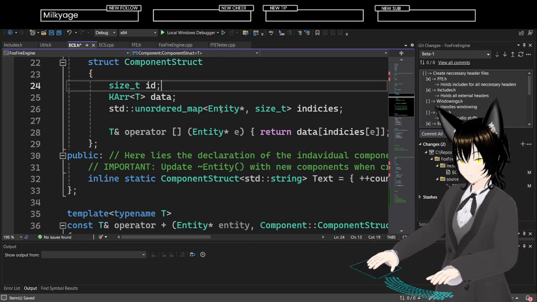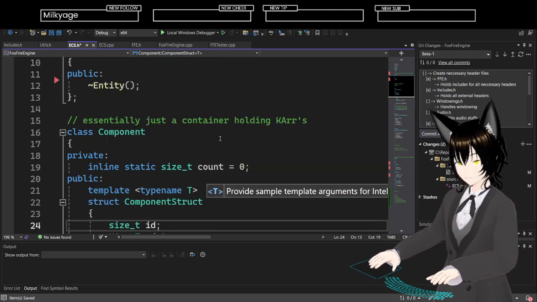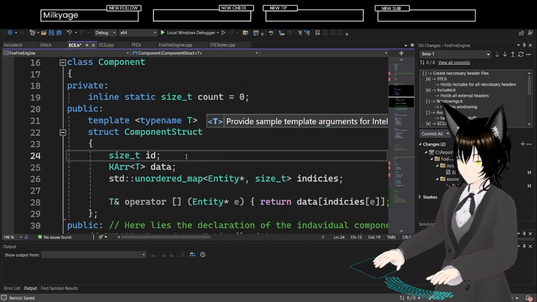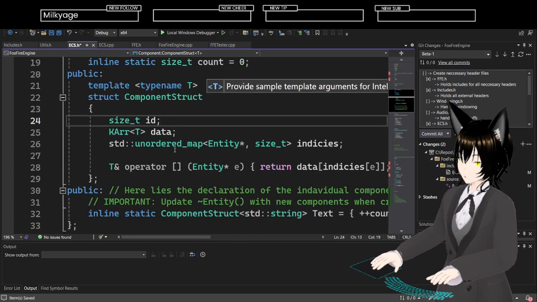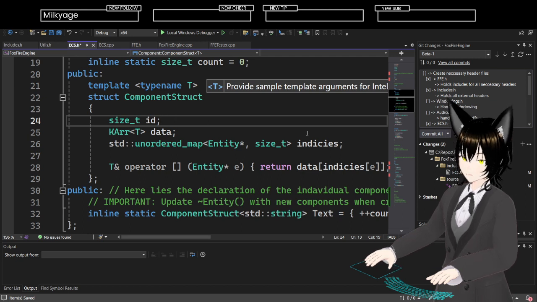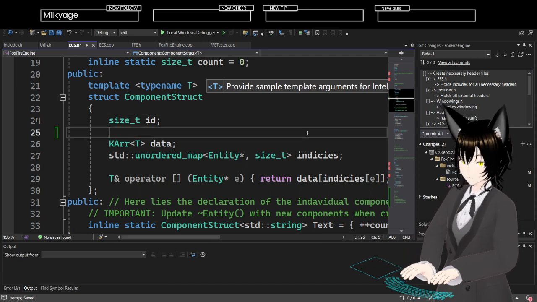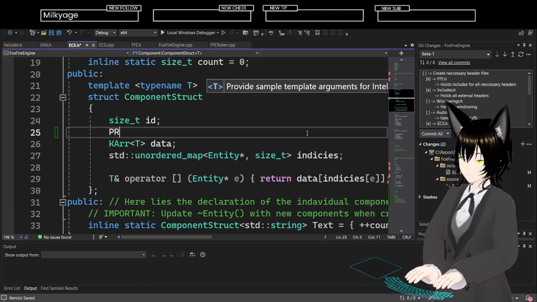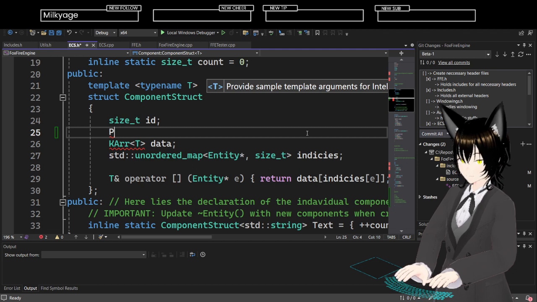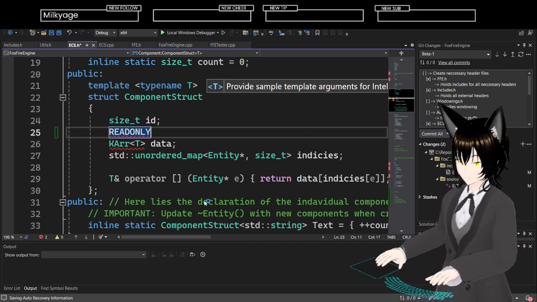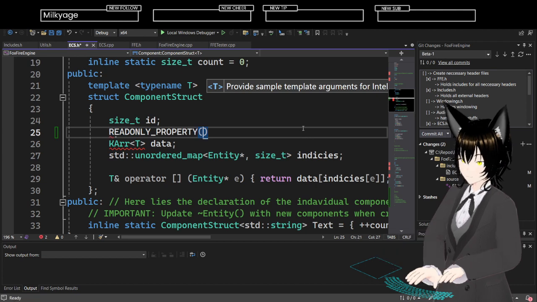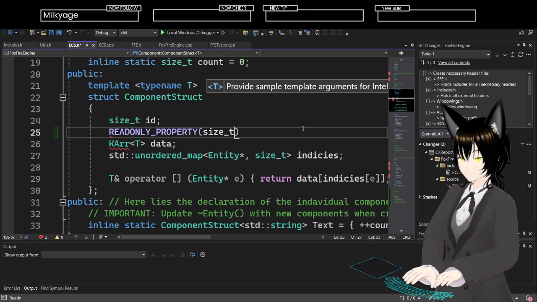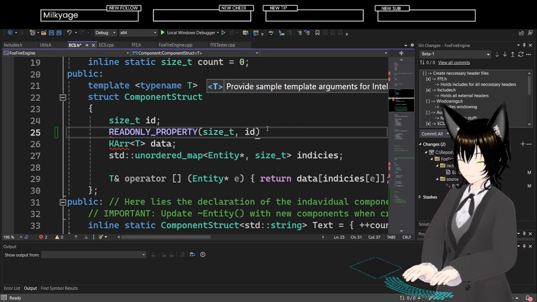It's less nice than what I would prefer. Because I would prefer something along the lines of, say, a read-only property type, size T, ID.